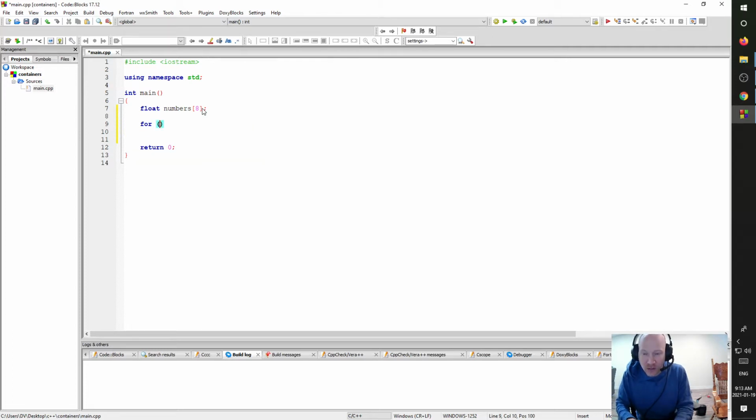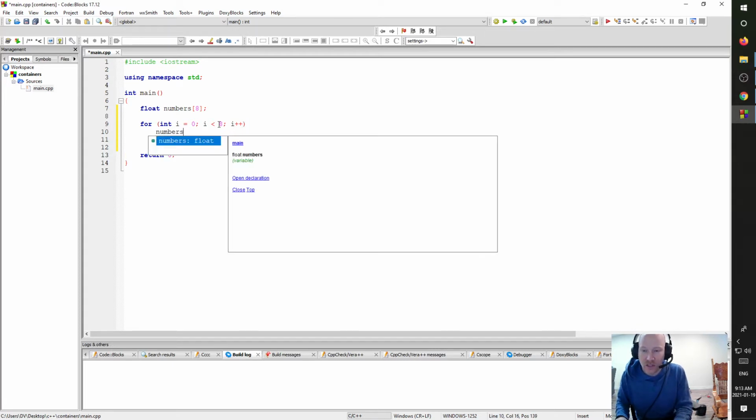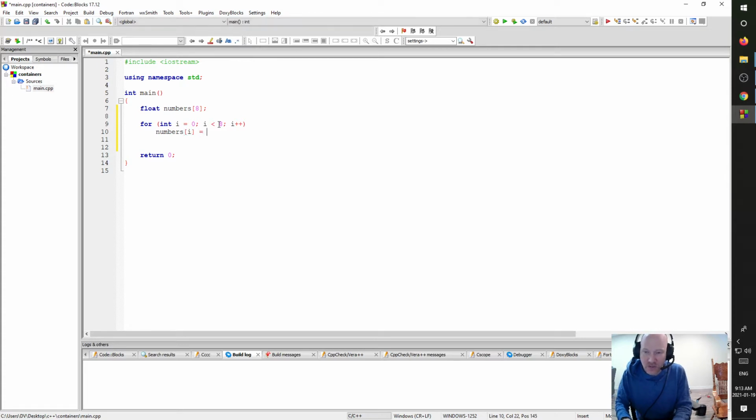So I'll make a for loop that starts at 0, because arrays are indexed at 0, meaning the first element is always 0. That's less than 8. And then I'm going to make the numbers, so I'll say numbers I, but I don't want it to be 0 to 7, so I'm going to say I plus 1, and that'll allow my variable to store the numbers